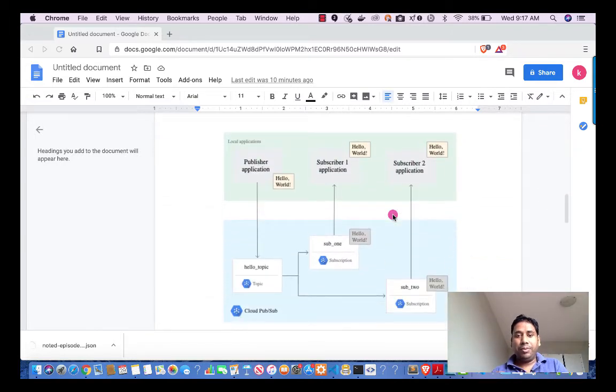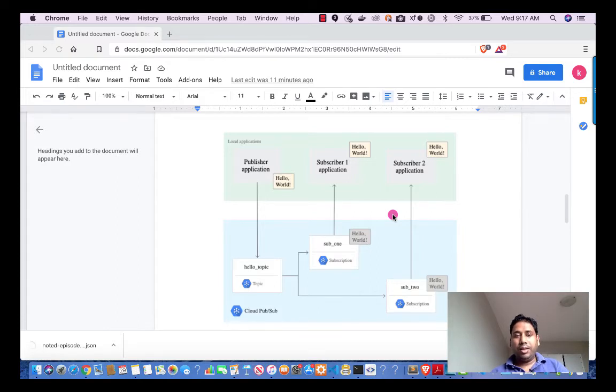Okay, so when we are talking about Cloud PubSub messaging, there will be three components. One is the publisher application. There will be a subscription, there will be a topic, and then there will be a subscriber application. So let's understand this using one example, Hello World.